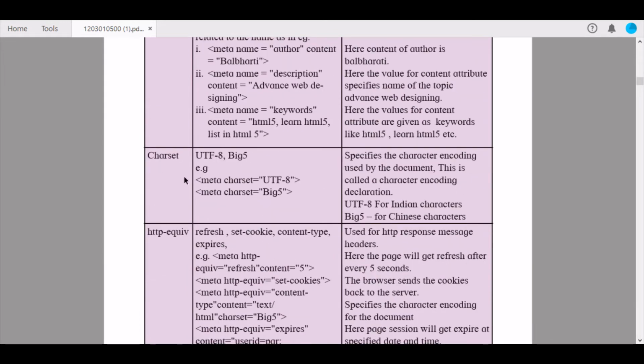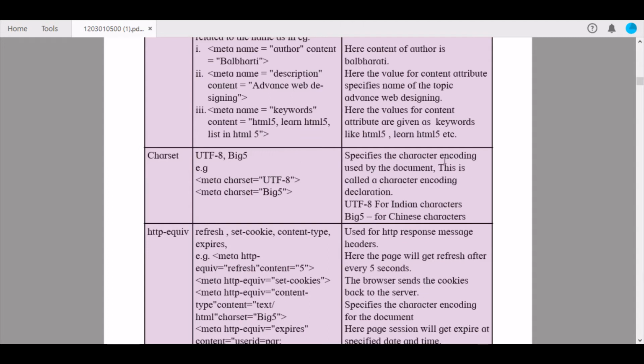The next is charset. It has two values: UTF-8 and Big5. The example here is meta charset equals the first value, and meta charset equals the second value, Big5.